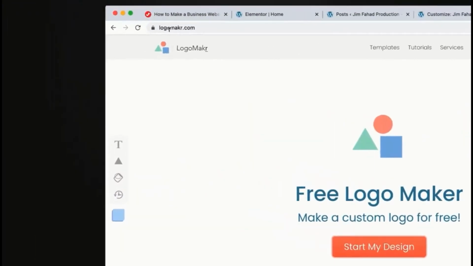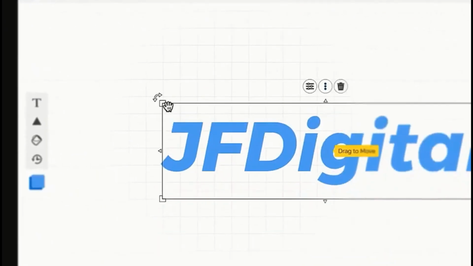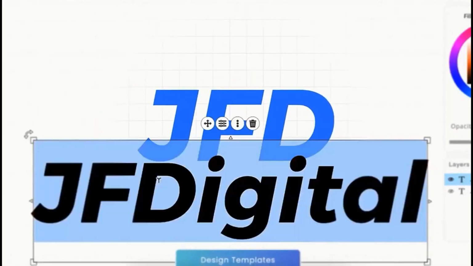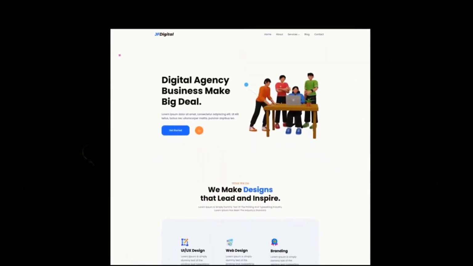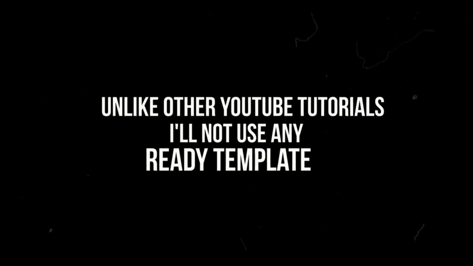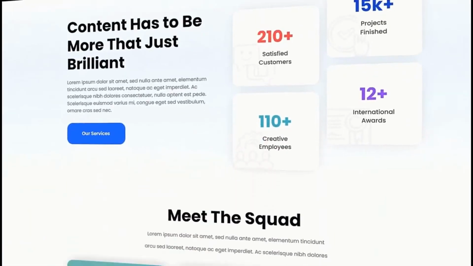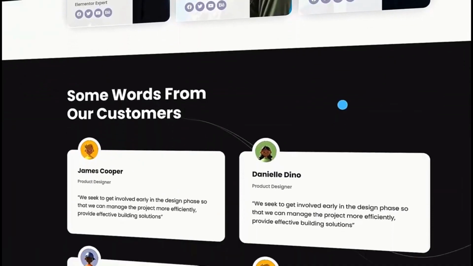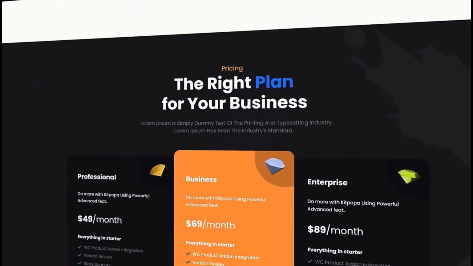You will learn how to create a logo by using a free online tool, how to make this awesome homepage with modern and trendy animations. I will show you everything from scratch. Unlike other YouTube tutorials, I won't be using any ready templates. I will show you how to create an amazing about page like this, how to create this professional services page